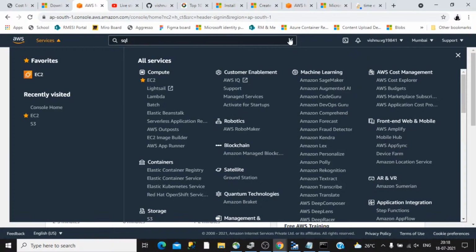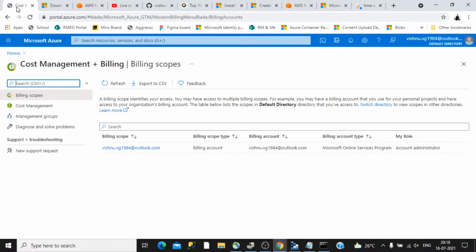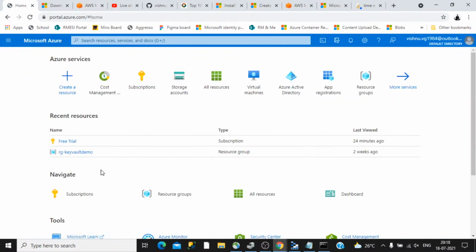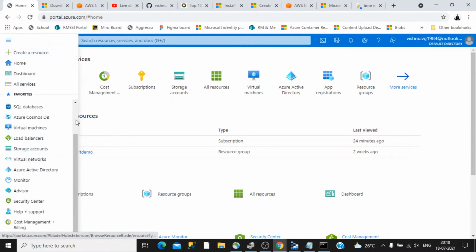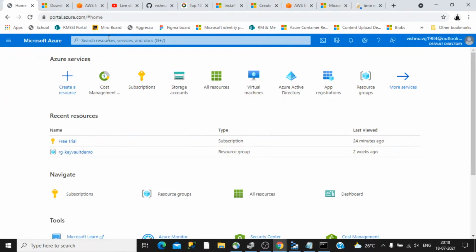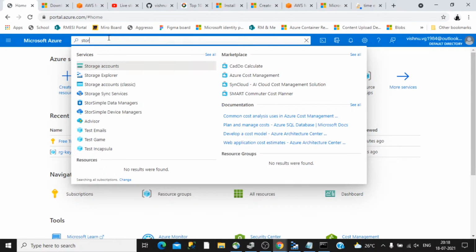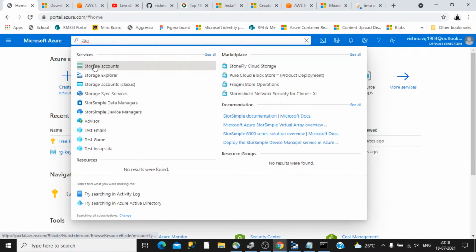You can straight away use this search. And once you identify that a particular service that you are going to use constantly, you can bookmark that as well. And the advantage is that the bookmarked service will automatically be highlighted on the left hand side. So this option is also there in Azure as well, but maybe in a different way. I haven't tried that. So there is a provision in Azure as well for that purpose, where you can bookmark a particular resource. Let's say we can search for storage account. Let's see if any provision is there.